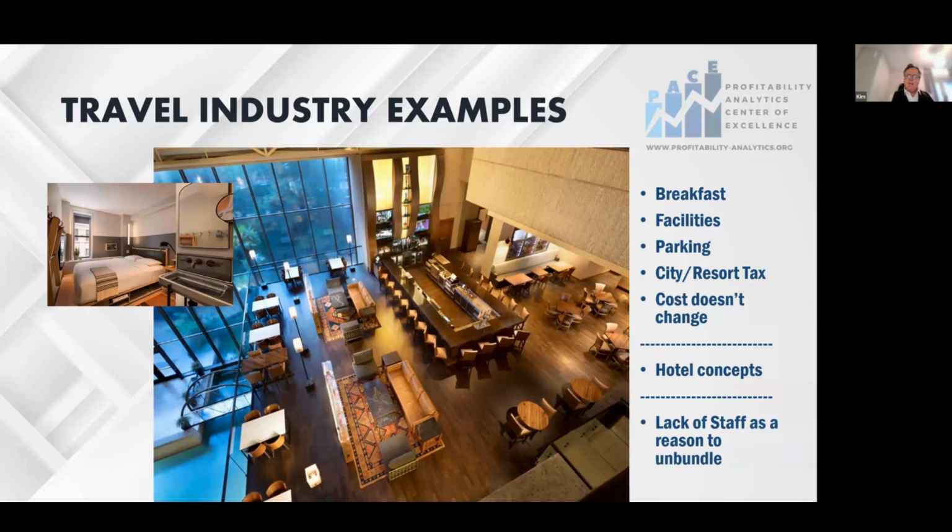But in the bigger picture, what you should see is also that different nights, we know, of course, that certain nights are more attractive than other ones, depending on what kind of hotel you are. If you're a business hotel, typically in most cases, if you're in the city, Tuesday and Wednesday are the top nights for business hotels. If you're more of a resort, it's more the end of the week instead.